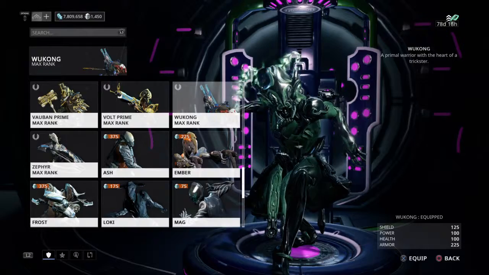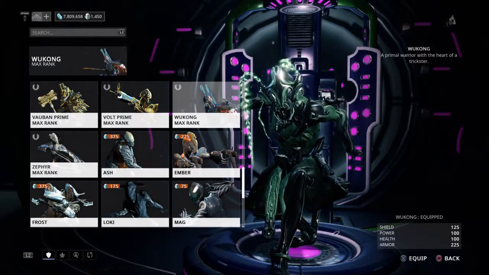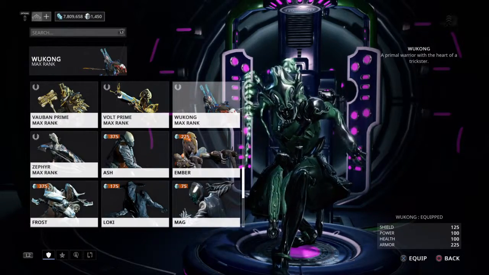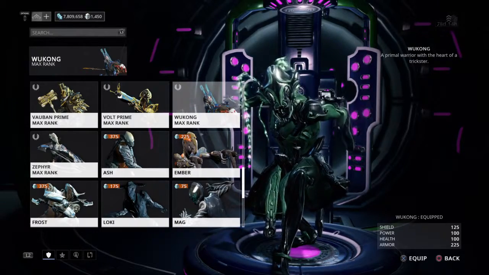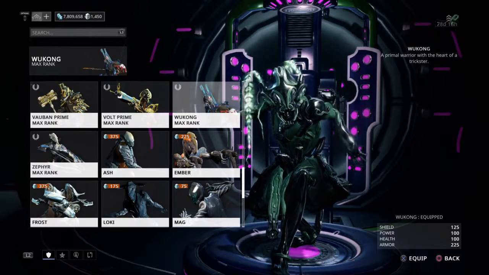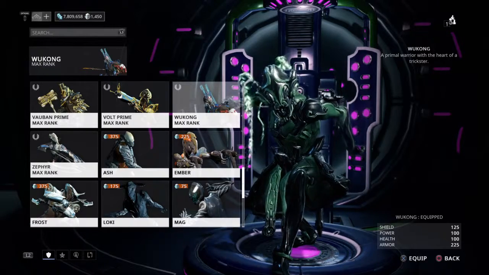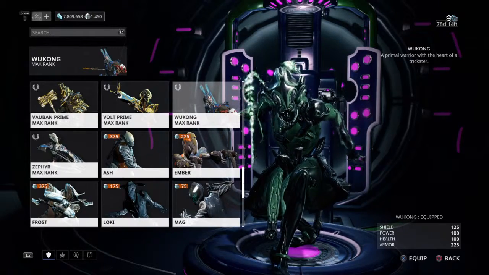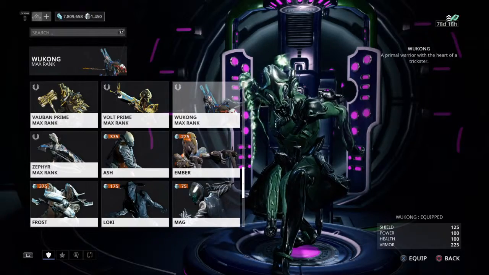Wukong, his base shield is 125, base power 100, base health 100, and base armor 225. So he has an okay amount of armor, normal amount of health, normal amount of power, and slightly, very slightly, hardly noticeable above average shield, I suppose, from the looks of it, but